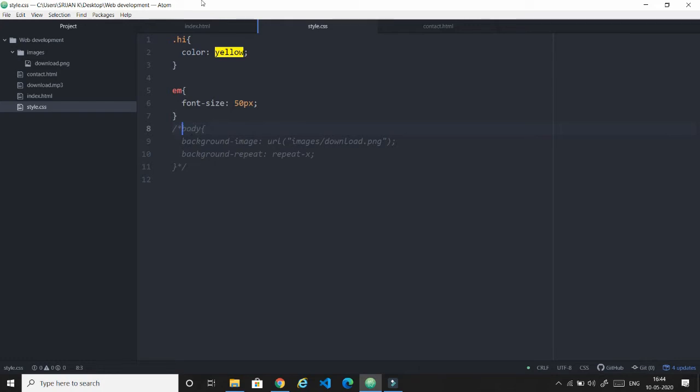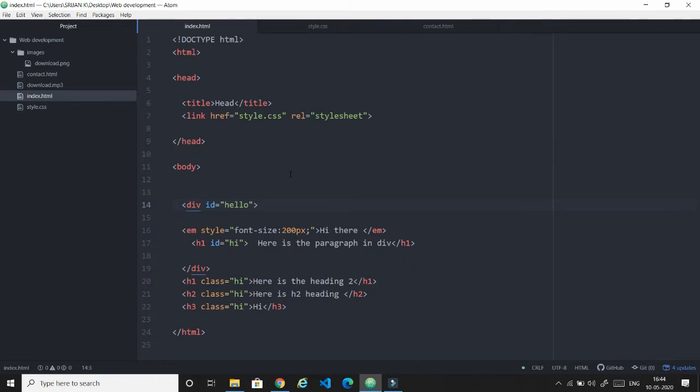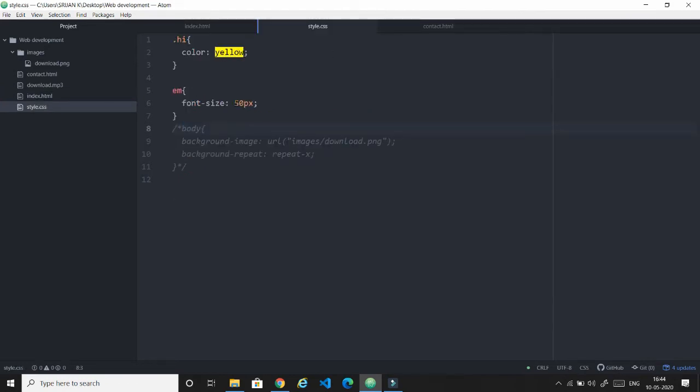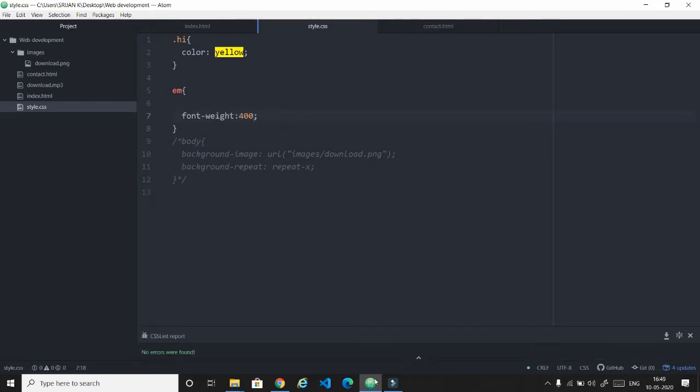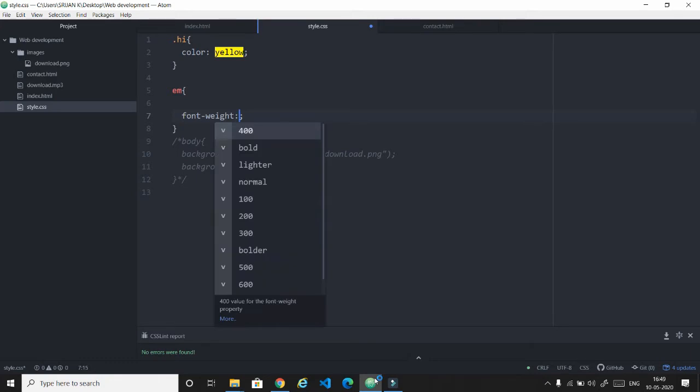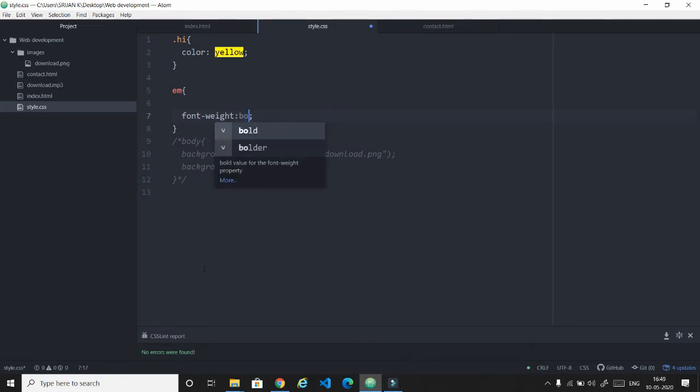Now you have learned the font size property in my previous video. Now I am going to cover other font properties. Color you have already learned, so let us jump into font weight. We already know what font size does, and now we are going to learn what font weight does. I am making font weight bold, saving and refreshing the page.